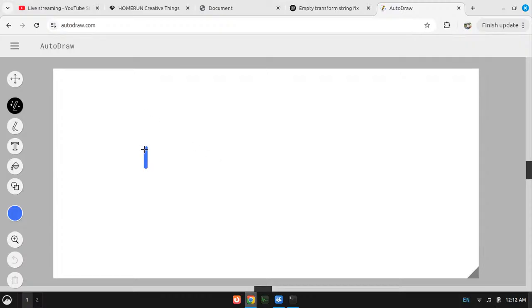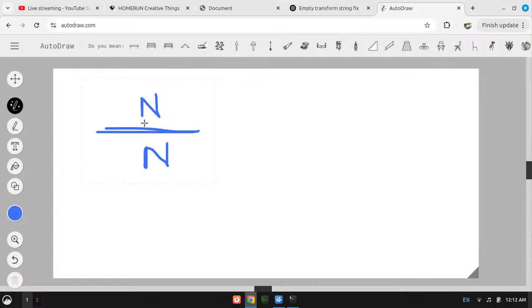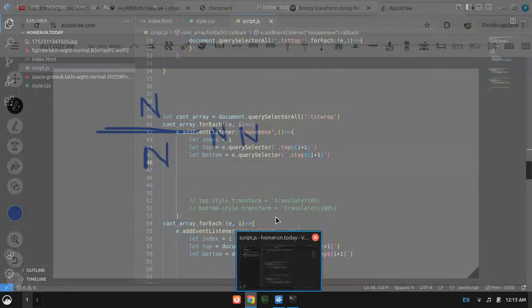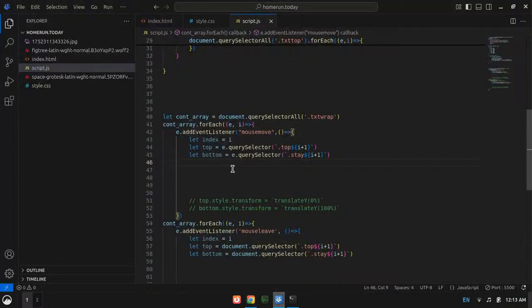If there is something here and there is something here, I need to know the top position, which is, let's say, in y direction minus 100%. I need to set it to 0, and to the n I need to set it to the opposite direction, right? And let's say another scenario where it is here and the n is here. So it is negative, yeah, that's the thing. I need to get the transform of the top only, and that will do the job for me. Let's get the transform of the top.